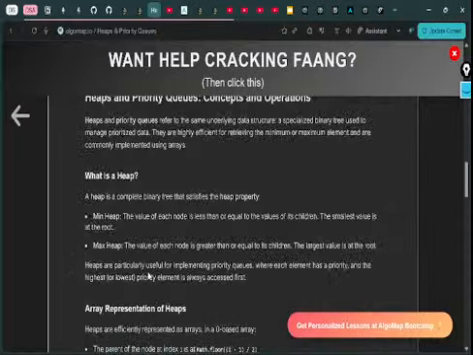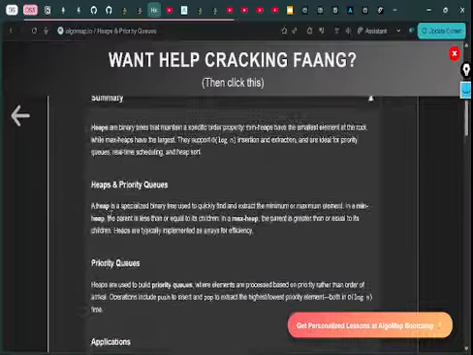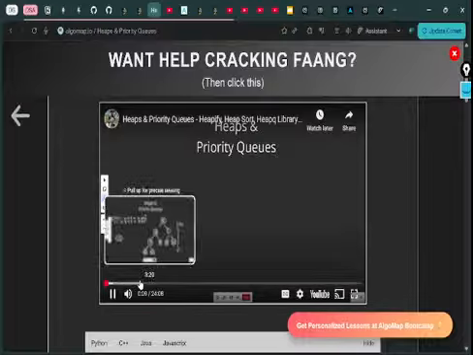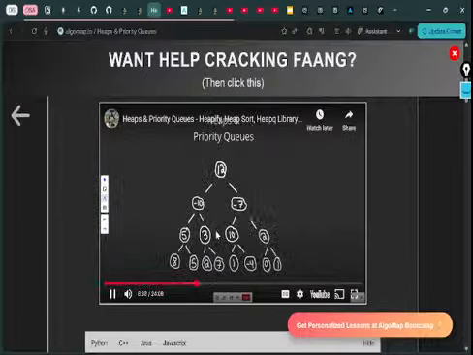Hey guys, Greg here. Today let's talk about two important data structures, namely heaps and priority queues. And let me just get this out of the way right at the beginning. These two things basically mean exact balanced height n. Okay, so this is currently a binary tree, but it's